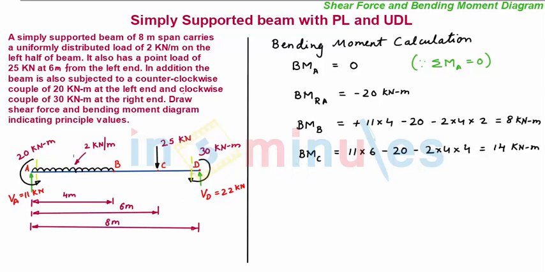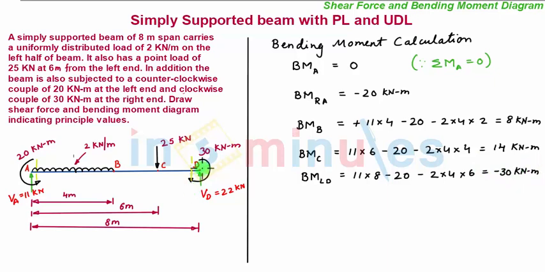So bending moment towards left of D is given as moment formed by this support action 11 multiplied by the span 8 meter minus same 20 kilonewton meter minus moment caused by this force. This will be 2 into 4, which is the magnitude, multiplied by distance. Distance will be 2 meter plus 2 meter plus 2 meter, so 6 meter. So this is equal to minus 30 kilonewton meter.